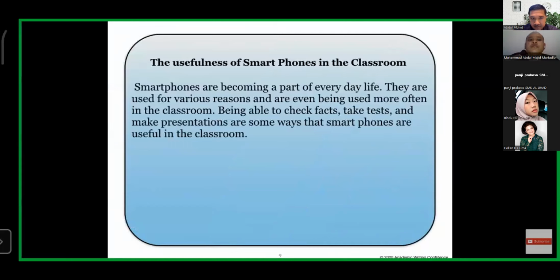Let's use this topic as an example. The class, now here's a topic, daily life. They are very much being used, and are useful in the class.